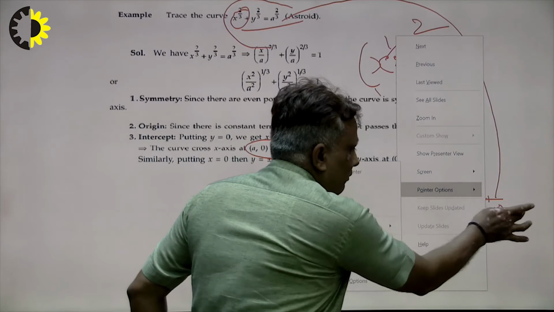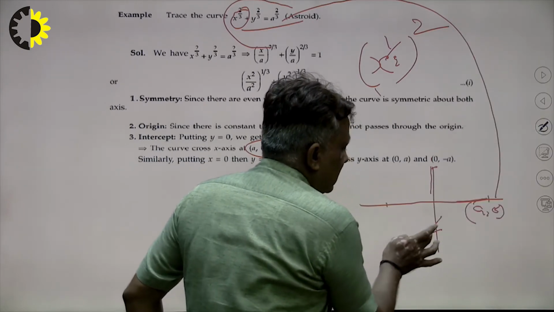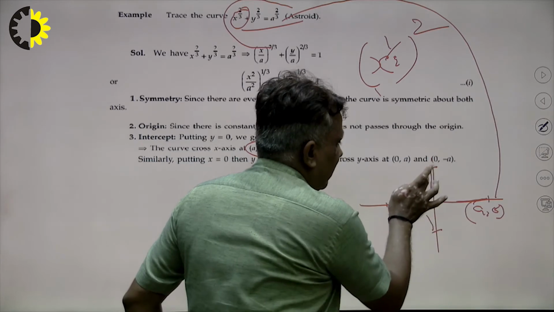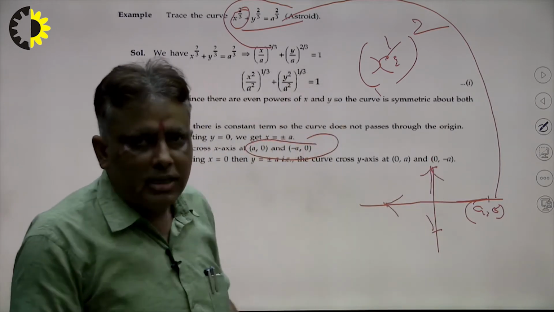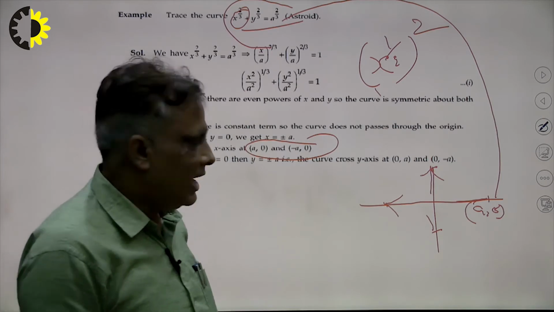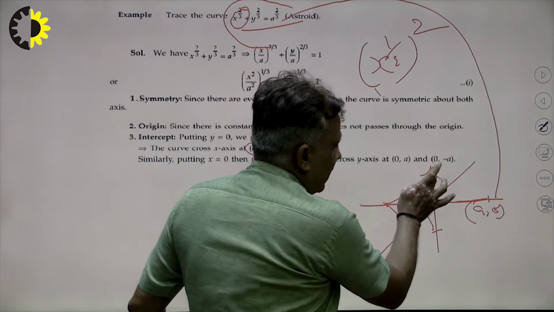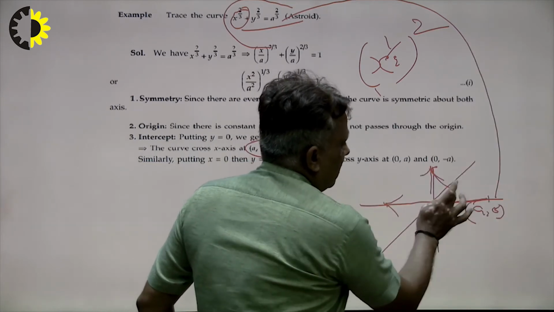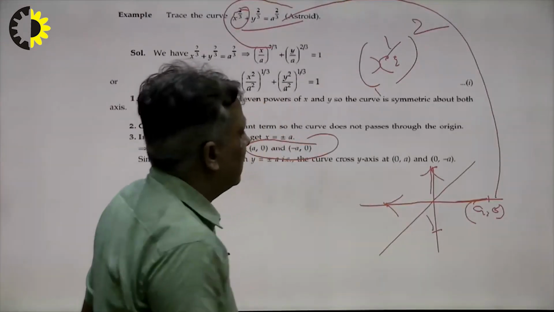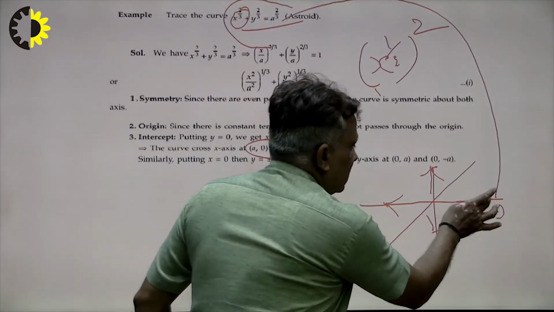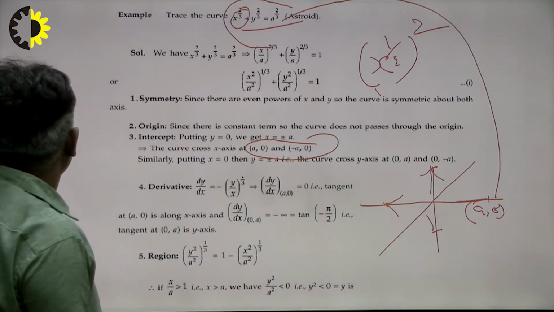In this way the nature of the curve will be seen here. So all the points will be cusps. The curve is symmetrical about this line, so that means there is no asymptote, and both curves meet each other in this way. So in this way we can find out our problem. We discuss it one by one.